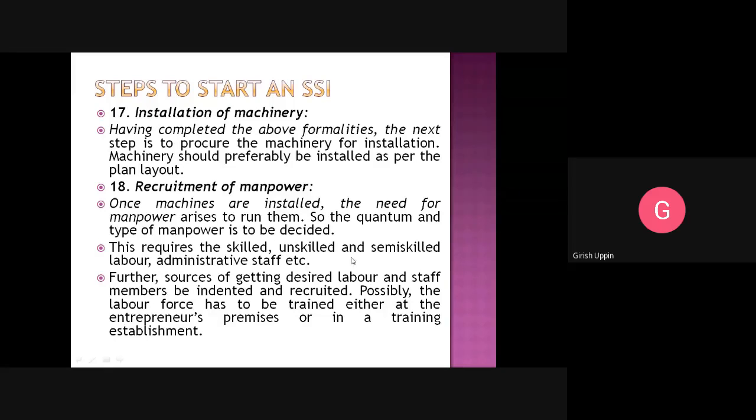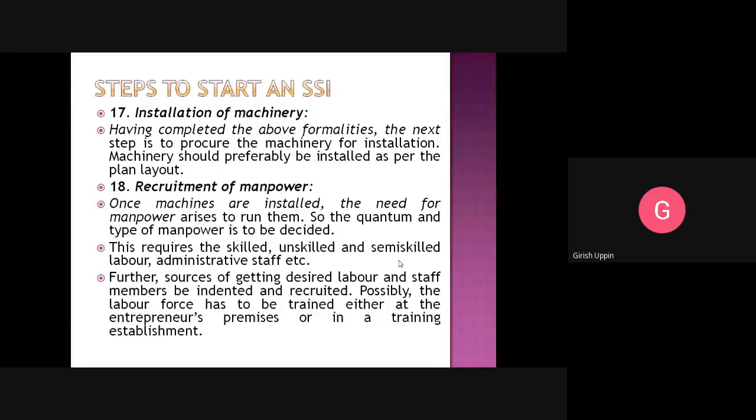This requires skilled, unskilled, semi-skilled labor, administrative staff. So your particular enterprise might require skilled as well as unskilled. There are certain jobs which don't need any kind of skill, and there are certain jobs which will require a high level of skill, and some require a semi-skilled level, which is fine.